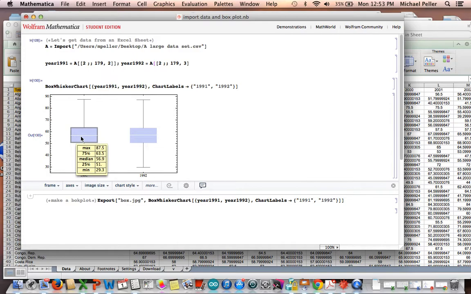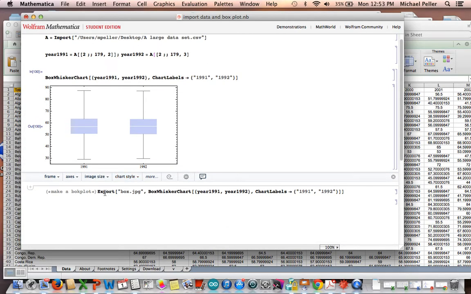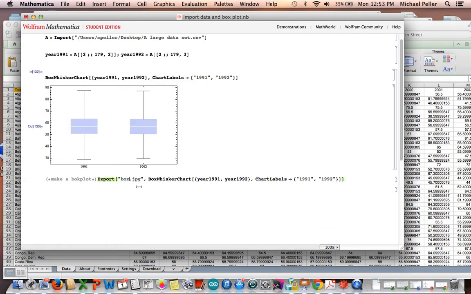Now, one thing that I was struggling with earlier is that it's not easy to put the graphics into a Google Doc or Pages or Microsoft Word. So what we need to do is export this image. This last little bit is how to get an image and export it into something that's usable. So I say export, and then we could name it anything. So box plot 1991 to 1992,